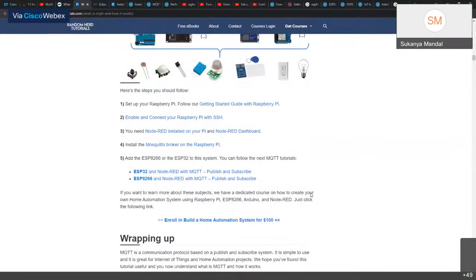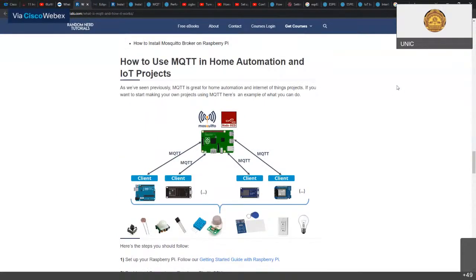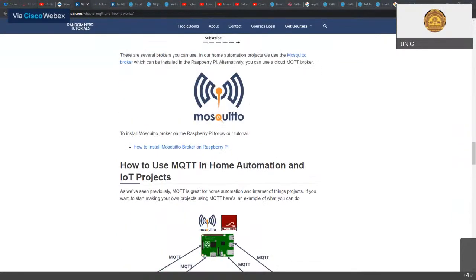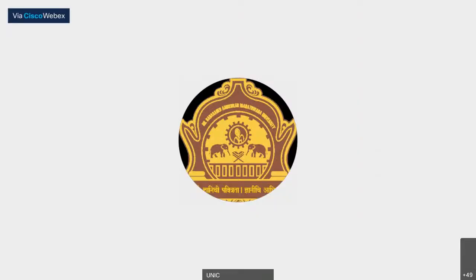This MQTT broker is available on the mobile platform also, so that if you wanted to connect to the LoRa MQTT messages, yes, it is available on the mobile platform also, from where you can do that. And as far as the topics are concerned, they can also be customized, I believe. Yes, depending upon the organization of the data, where the sender and receivers agree, you can synchronize it, or you can reformulate it as per your convenience. So that is the additional point which I wanted to convey.